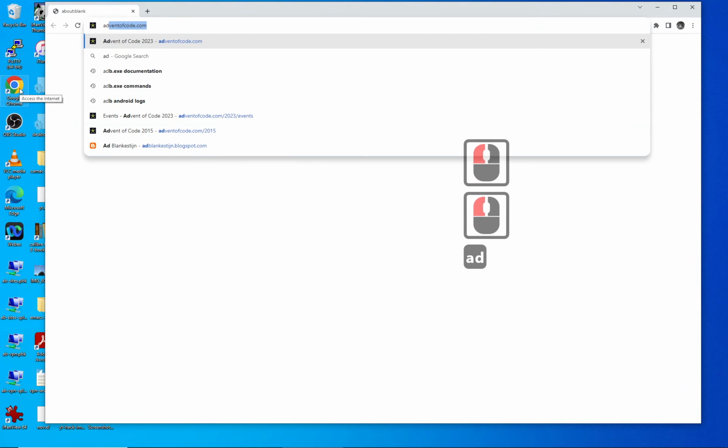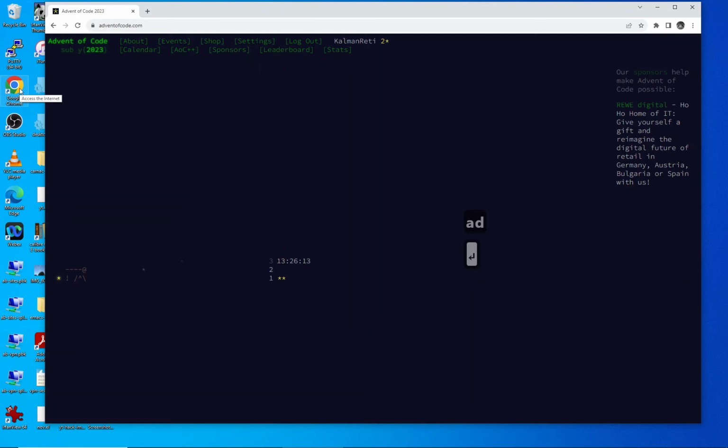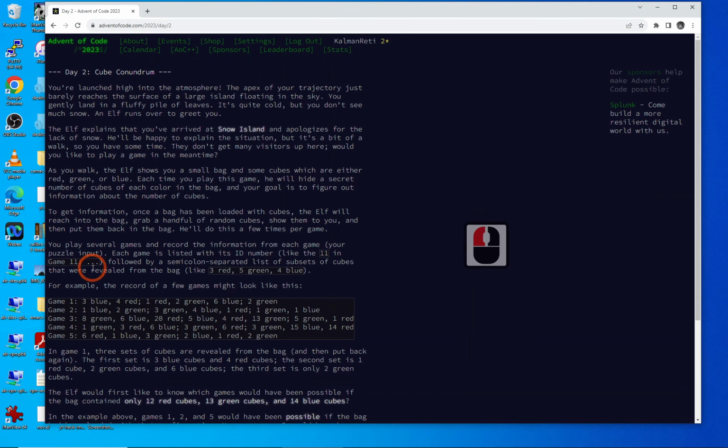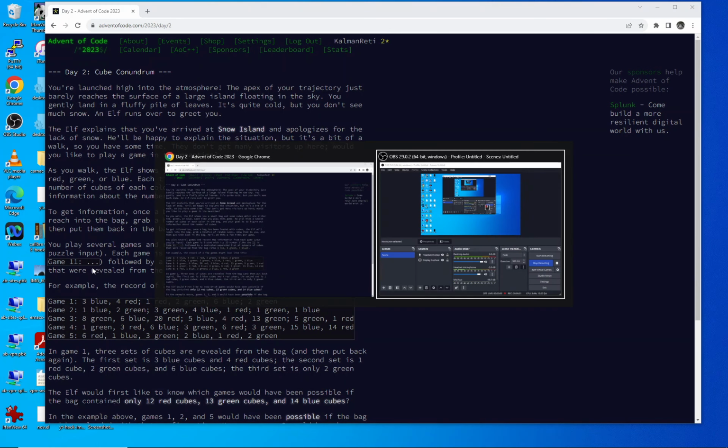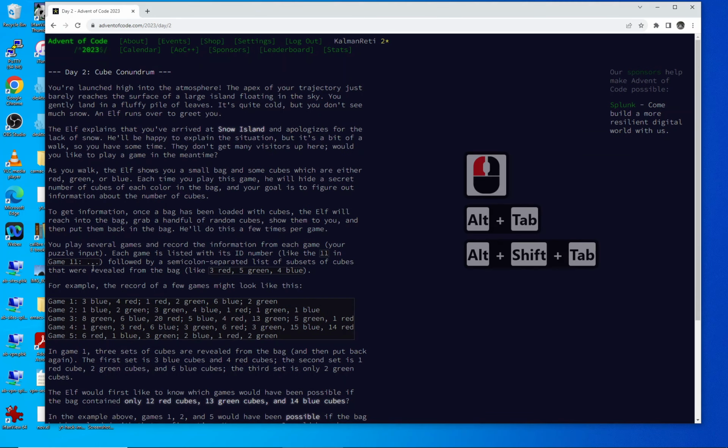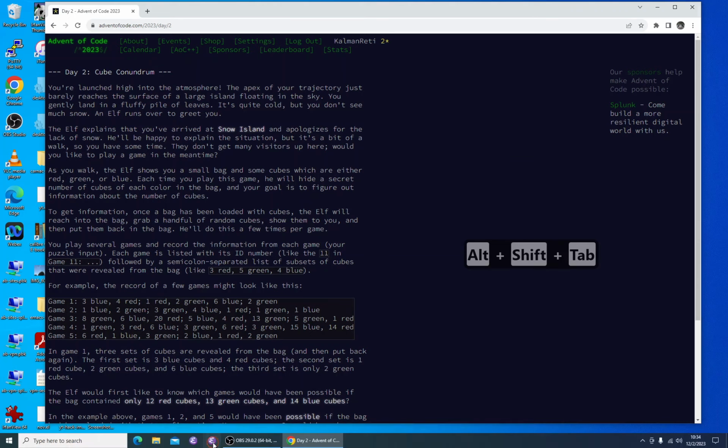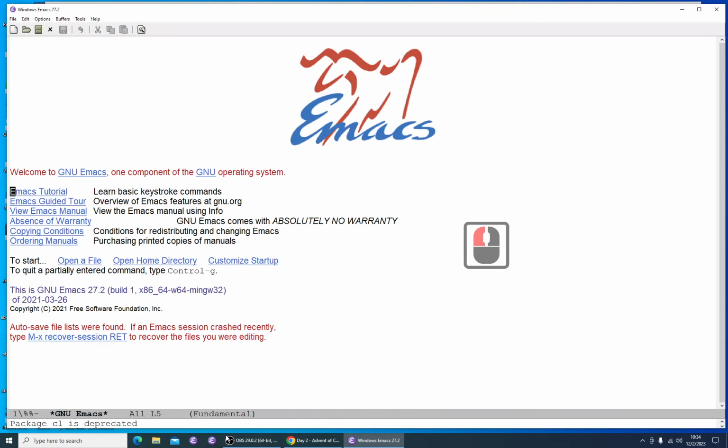I'm also doing it on a second account, so it doesn't show up as already solved. So here's the problem. I'm going to start up an Emacs. I thought I had it already started. And I have already made a template